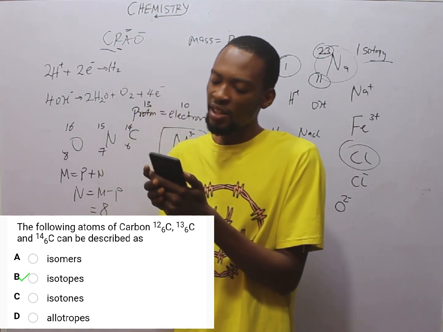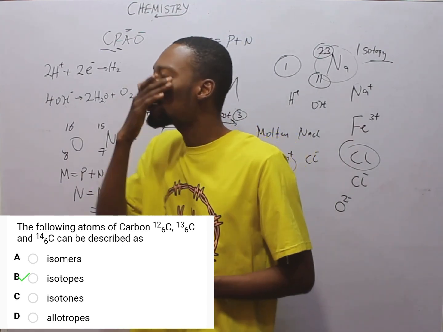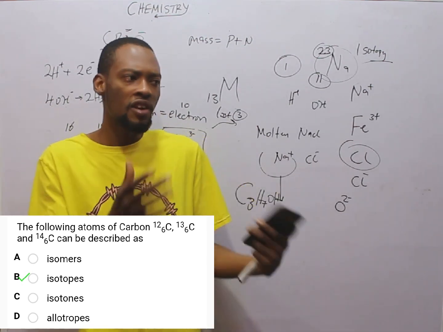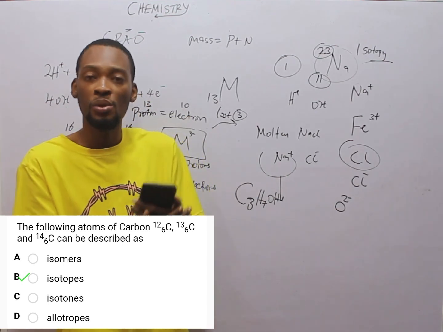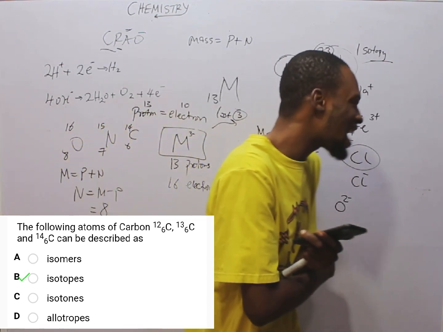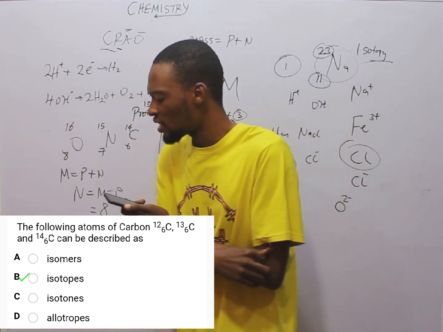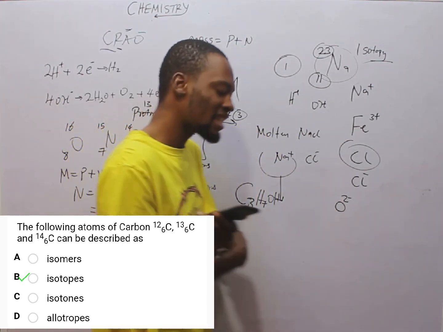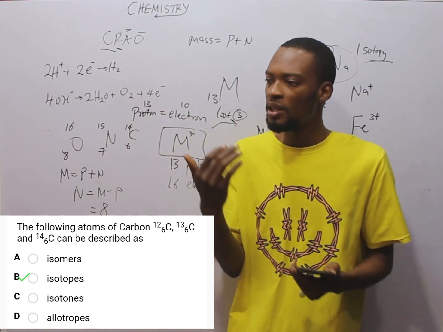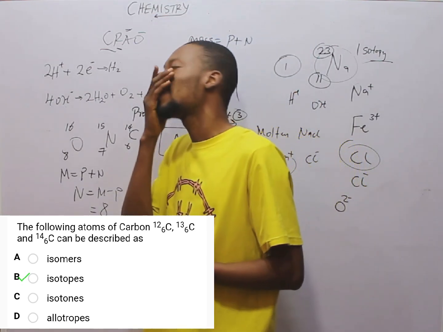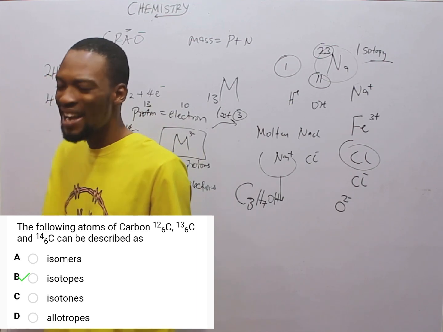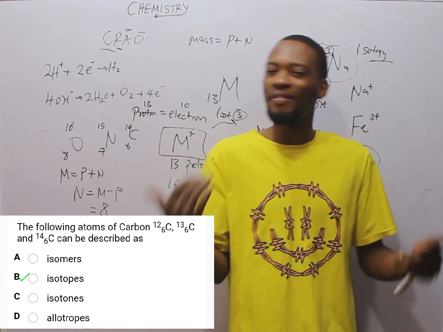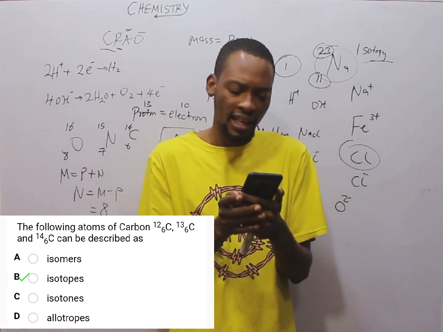Isotones. So allotropy is a phenomenon where a substance exists in different forms under the same physical condition. For example, under the same physical state or physical condition, carbon exists as both diamond and graphite. In that case, we say that these are the allotropes of carbon and they have different properties. Diamond is one of the hardest substances known, while graphite is one of the softest substances known. You see? So they have different properties entirely.